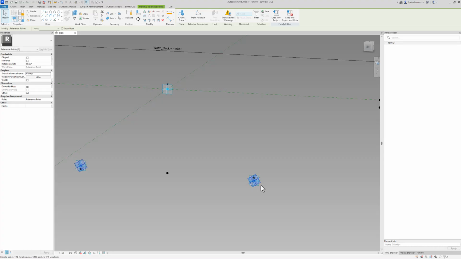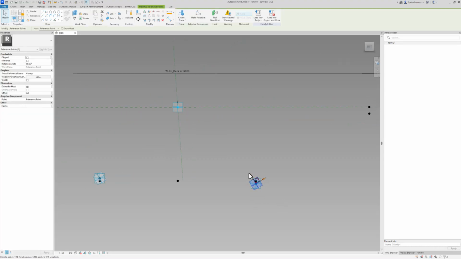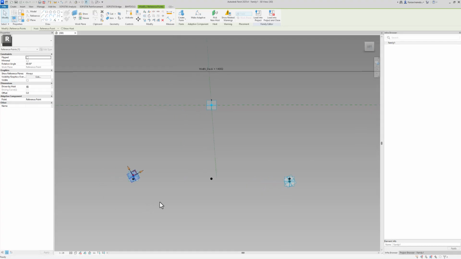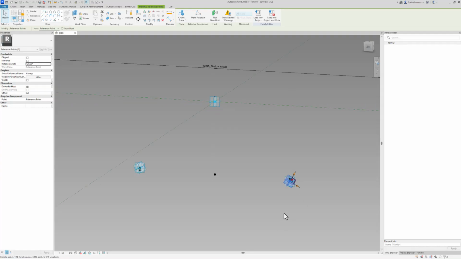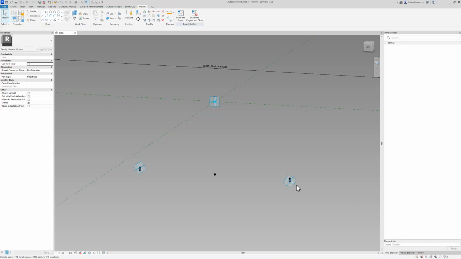So you can immediately see that this one to the right turned not as according as I wanted to. This one is perfect. So what you can do with this one to the right, you can assign a rotation angle of 120 and it will rotate into the direction I actually want it to. Select the original reference planes to turn them off, and we can now see the proper planes and easily select them.